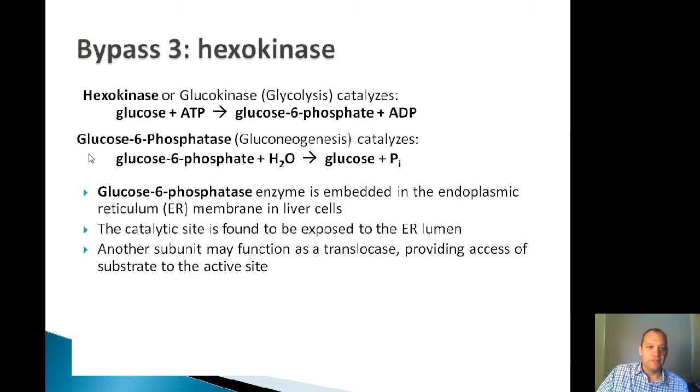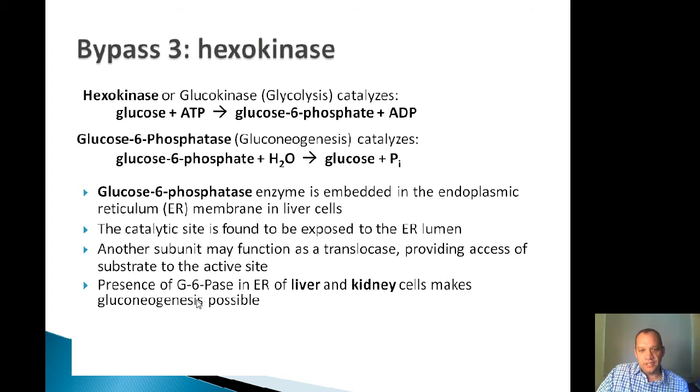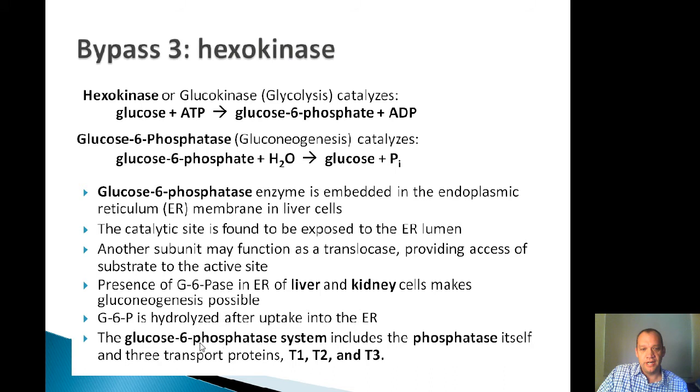In other words, providing the glucose 6-phosphate to come into contact with the active site of the glucose 6-phosphatase enzyme. And the presence of glucose 6-phosphatase in the ER of liver and kidney cells is what makes the final step of gluconeogenesis possible. Glucose 6-phosphate is hydrolyzed after it's taken up into the ER, and this system includes the phosphatase itself as well